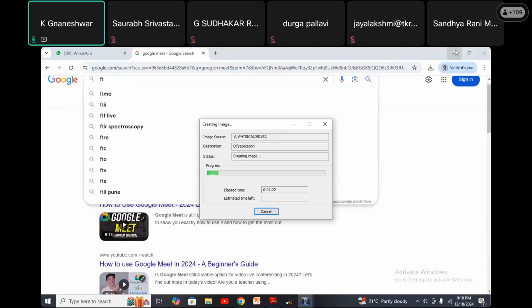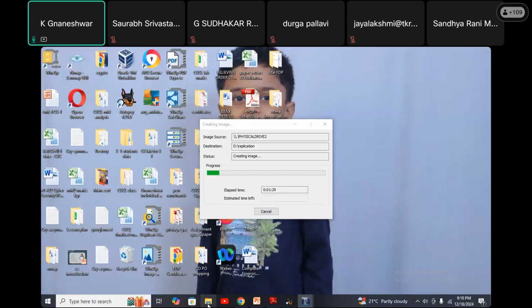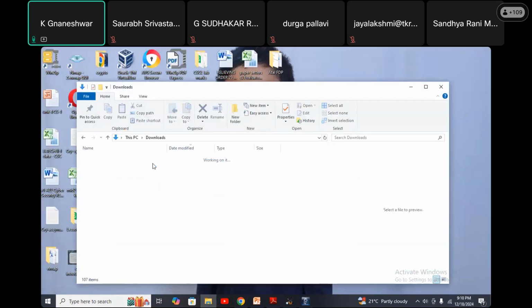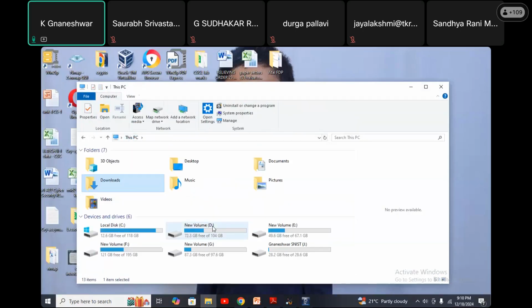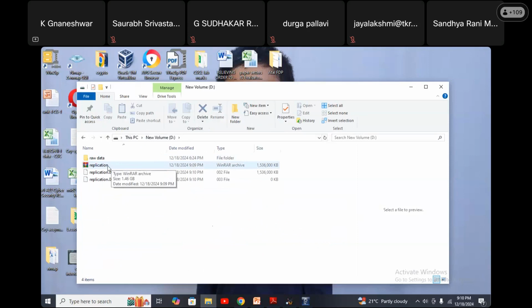Check the data here. It's not completed, but we can see that folder. D drive. Replication data. Actually, previously I worked on this and created one duplicate data, that is raw data, before starting this session.